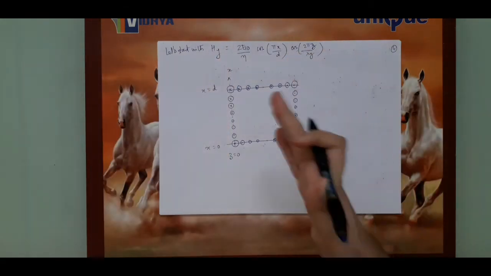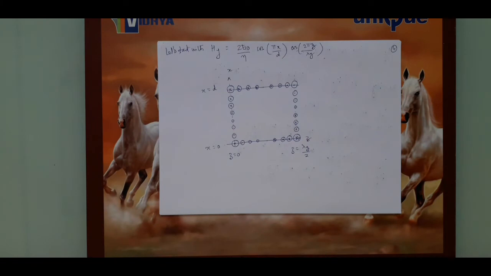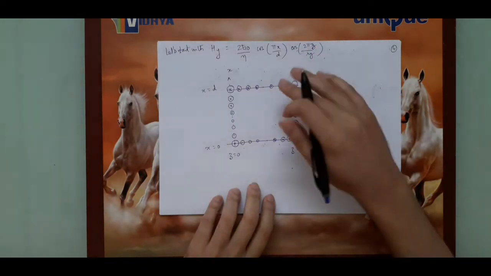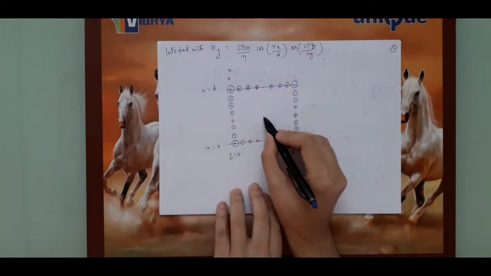So with this you can actually fill up the rest of the arrows yourself. So what we will see, let us again not leave this problem midway. Let us look at what's going to happen